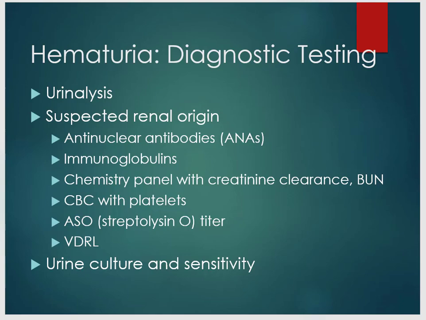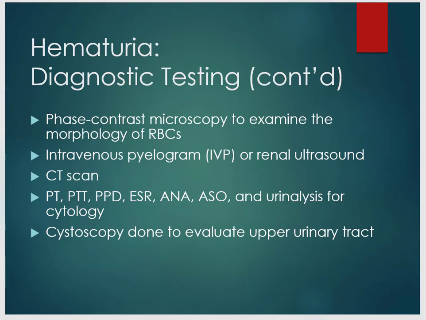If these tests are not giving you the answers that you think you need, there are other exams that can be diagnostic tests that can be ordered. A phase contrast microscopy, which looks at the morphology of the RBCs, an IVP or renal ultrasound, CT scans, more blood workup, and a cystoscopy can be done to evaluate an upper urinary tract issue,